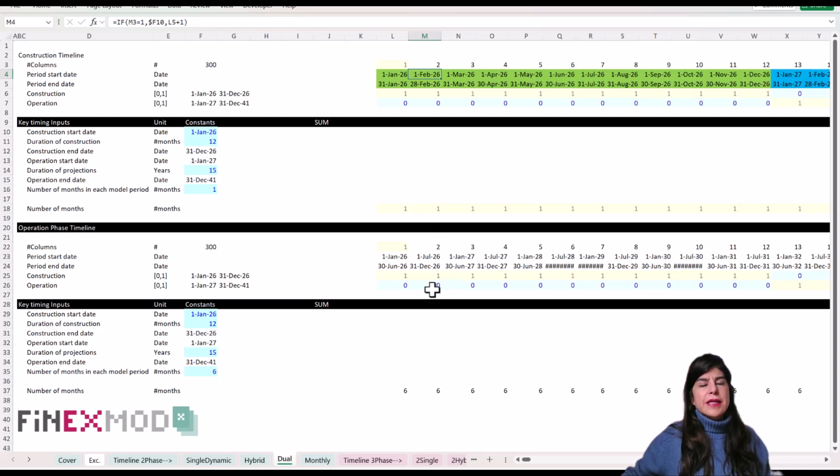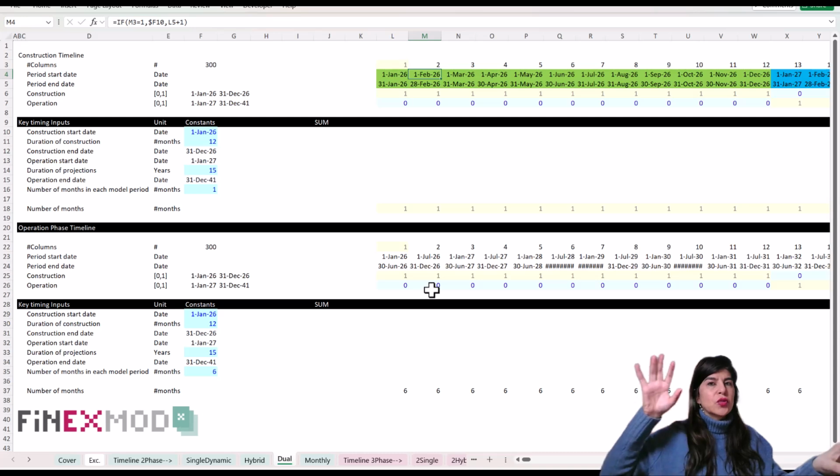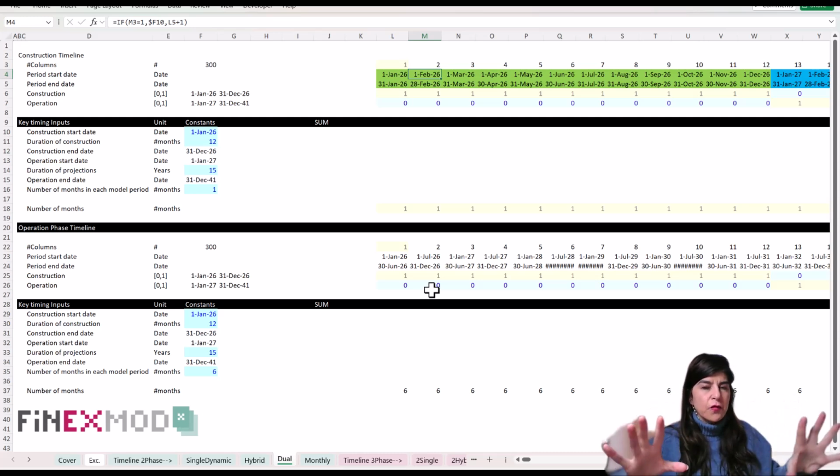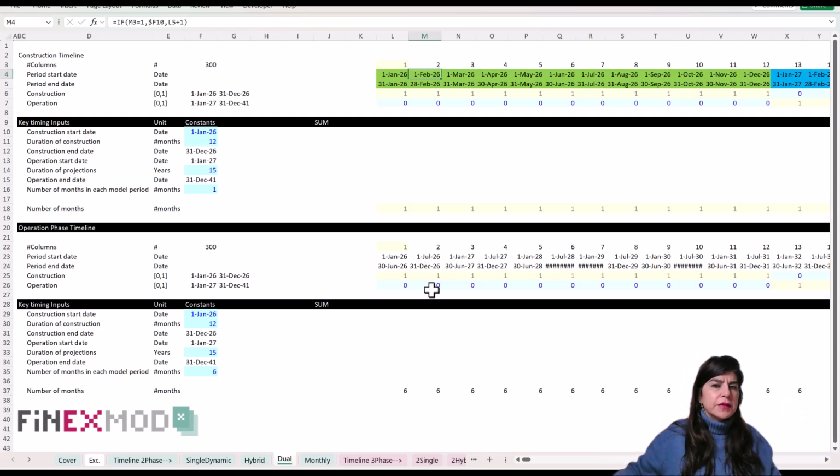However, it is actually calculating your flags and counters twice, once for construction, once for operation, and also combining and integrating the construction into operation can be somehow tricky and confusing. So that's, as I said, doable to do it this way, but this is not my recommended way of